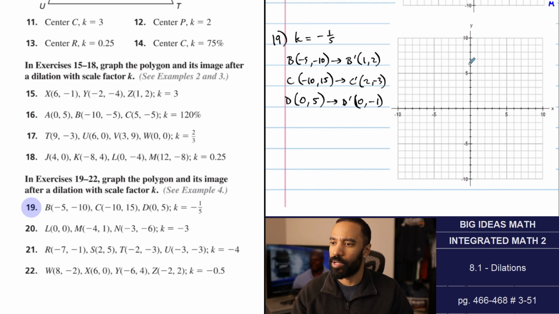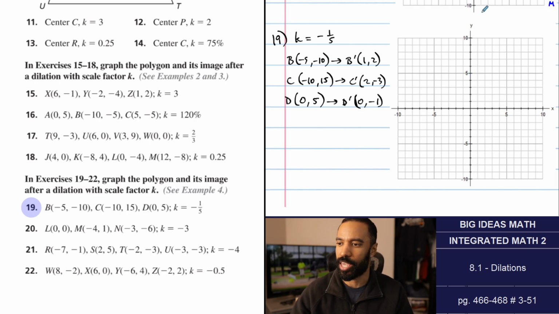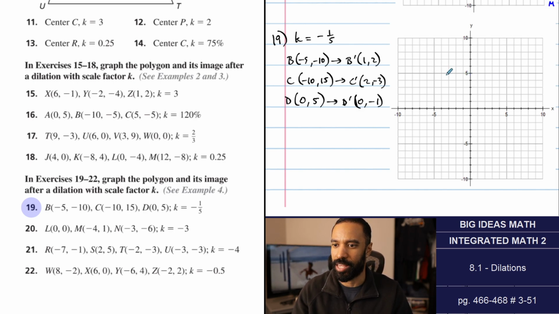All right, so D is here. Oh, hold on. Let's change the scale. Let's go by 2s again because of that 15. I know it's just one thing to change, but